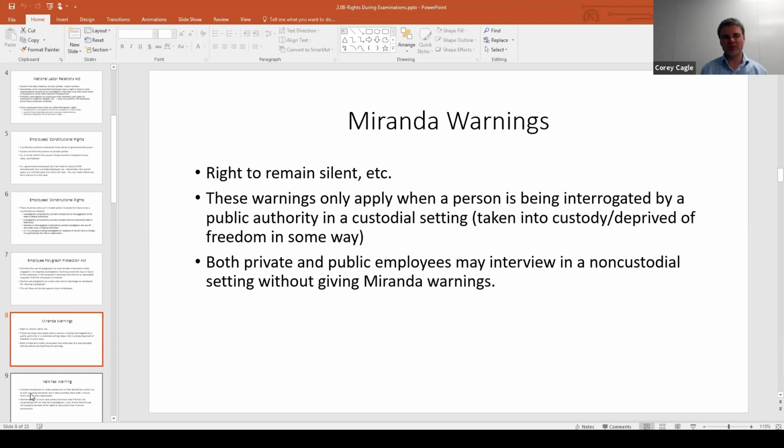I don't remember if it's here or later or both, but they go into a little bit of detail, like they set up a scenario where you have somebody in a room, and you haven't told them they're not free to leave, but you set a bunch of chairs in front of the door to make it look like they're pinned in there. That would be a custodial setting. I know one of the questions answered was about how you're considered in custody the moment someone would feel like they cannot go anywhere. Yeah. Okay. Because that was interesting.